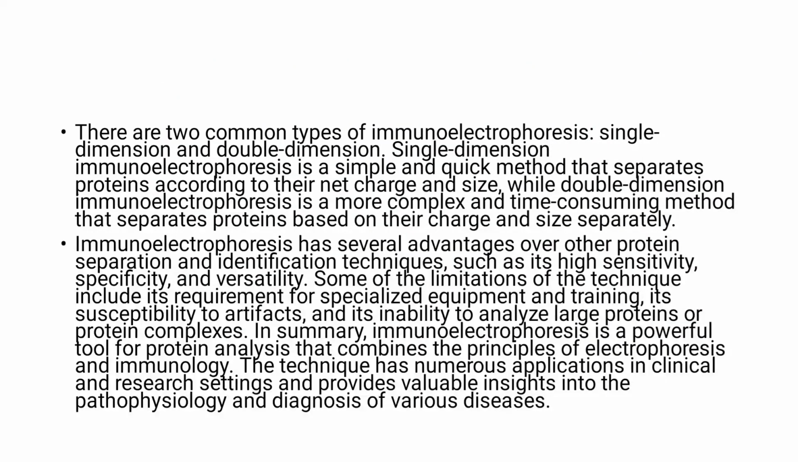There are two common types: single dimension and double dimension. Single dimension means a simple and quick method that will directly separate the proteins according to their charge and size. The double dimension is more complex and time consuming. This one also separates the proteins based on their charge and size. It also has many advantages over other protein separation and identification techniques. Some of the limitations of this technique include the requirement of specialized equipment and training, and the inability to analyze large proteins